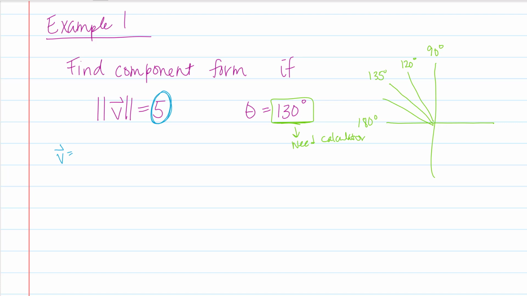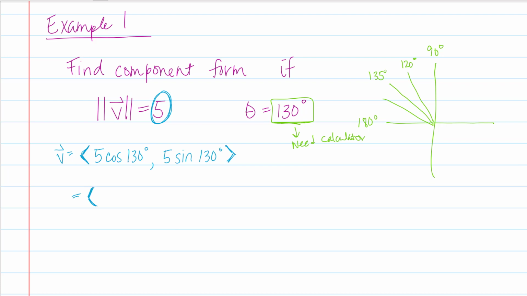So if I want to build the components for v, I'm going to use that magnitude, 5, as the scalar, and then the x-coordinate is going to have to be 5 cosine of 130 degrees. And the y component is going to have to be 5 times sine of 130 degrees. Putting 5 cosine 130 and 5 sine 130 in, making sure I'm in degree mode, I get that this vector